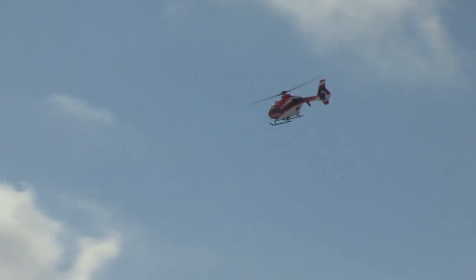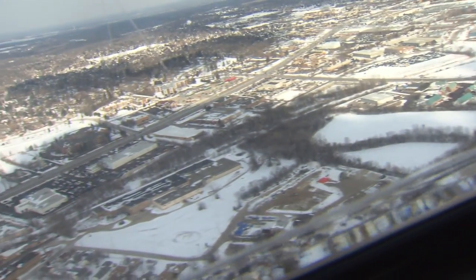140 miles an hour. The advantage of a helicopter is we can go direct. We don't have to worry about traffic. We don't have to worry about meandering roads. We can go direct to where we need to go. For the flight medic and flight nurse, it's keeping an eye out the window, never knowing exactly what they're coming